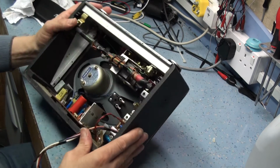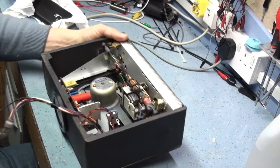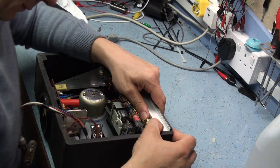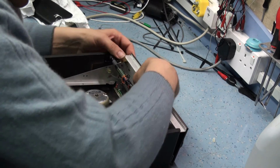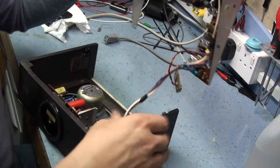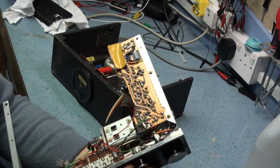Sometimes what you can do, if it's a bit tight at this left hand hinge here, just bend it in slightly, and it stops it snagging on the way out. Now be careful of the speaker as you come out, remove that. So there's the chassis out, and that makes it a lot easier to work on, and you can see underneath here